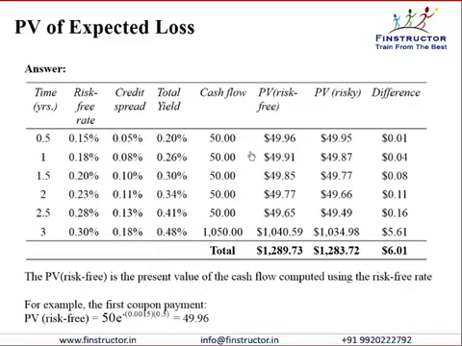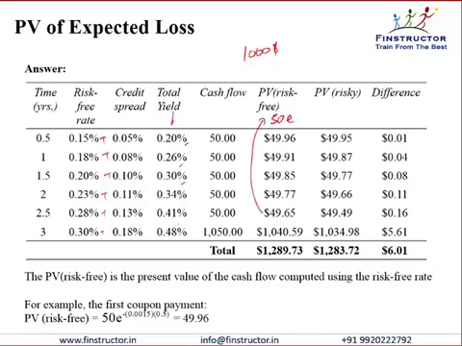So in the solution here, we have assumed $1,000 face value. It doesn't matter, the concept remains exactly the same. So the risk-free rate is given, the credit spread is given, hence the total yield for the risky bond can be calculated by summing the two, and as we sum the two we get the total yield. The cash flow is a coupon of $50 in each of the periods, and finally the coupon plus principal repayment at maturity. Present value at the risk-free rate, for example at t equal to 2.5, would be